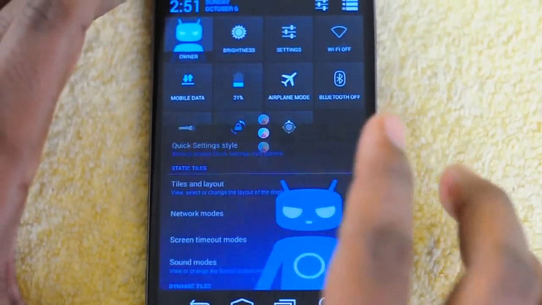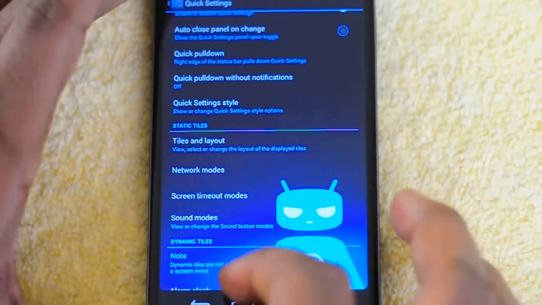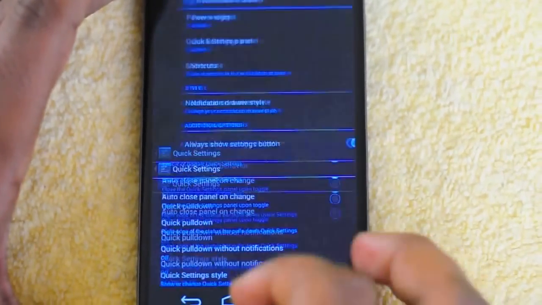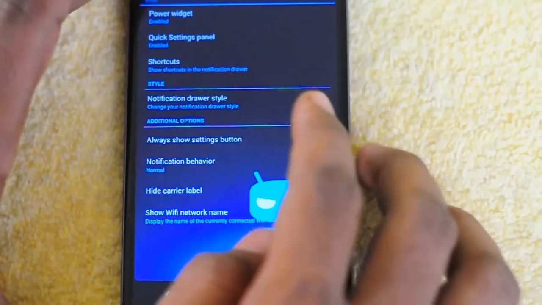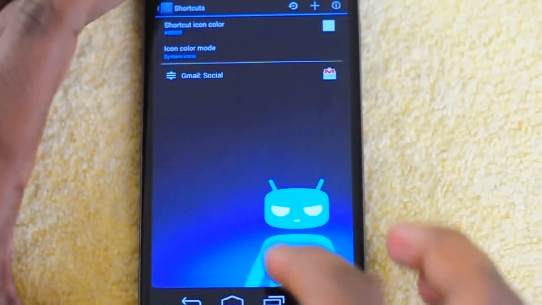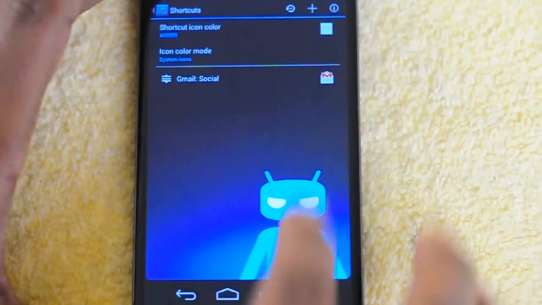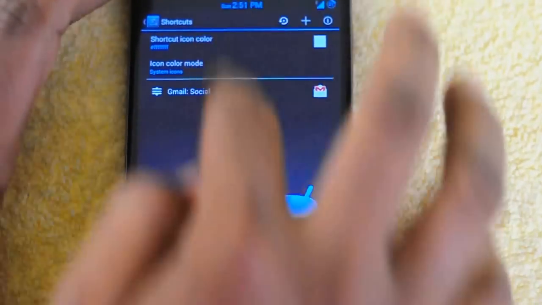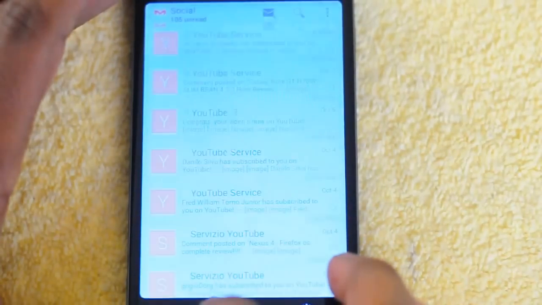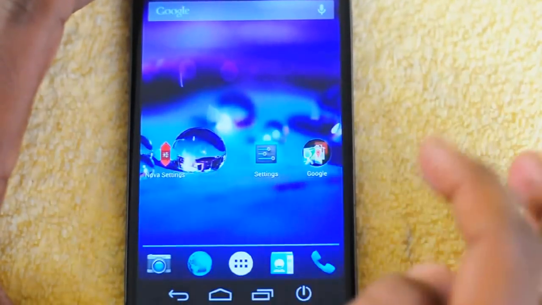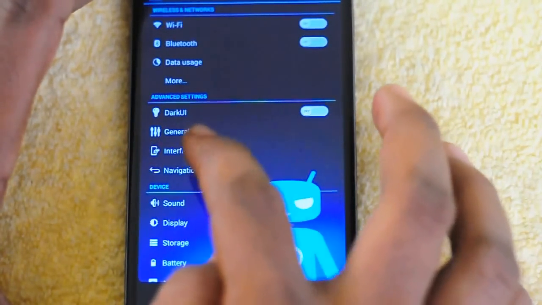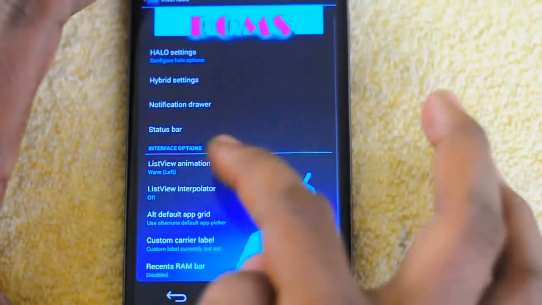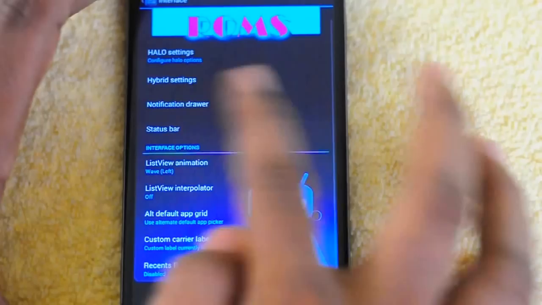You have a lot of options available to customize your quick settings panel. You have the shortcuts where you can keep shortcuts. You can see in the notification panel I'm using a Gmail shortcut, so you can get quick access to that Gmail app by tapping the icon, which is a nice add-on in this ROM. So that's about the notification bar.